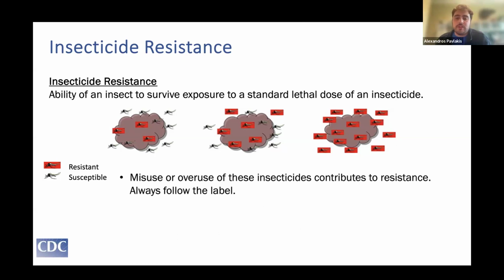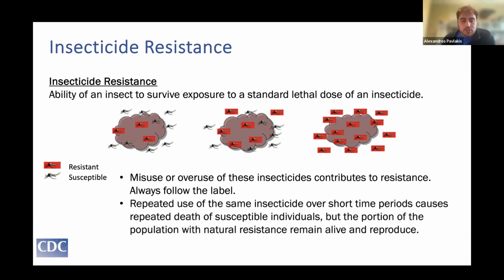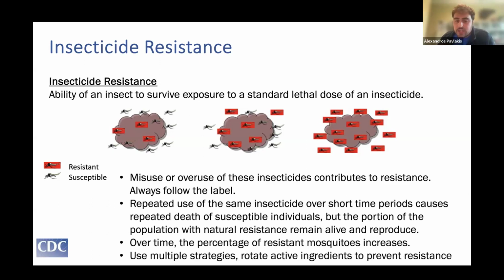If you misuse or overuse these insecticides, that contributes to resistance. So we always want to follow the label whenever we're using any chemical control. Also, if you just have the repeated use of the same insecticide over either short periods of time or even longer periods of time. So if you use the same type or chemical class of an adulticide, that also contributes to resistance. So again, we say that you need to use multiple different strategies. Again, we want to rely less on adulticides and larvicides so that we can make sure that we're not causing resistance. And we also want to rotate those active ingredients of the chemical controls that we use